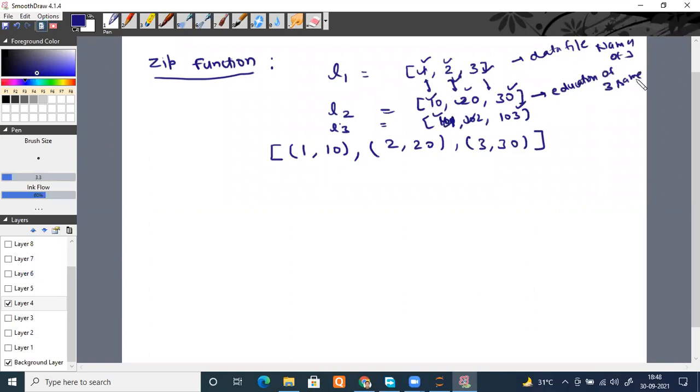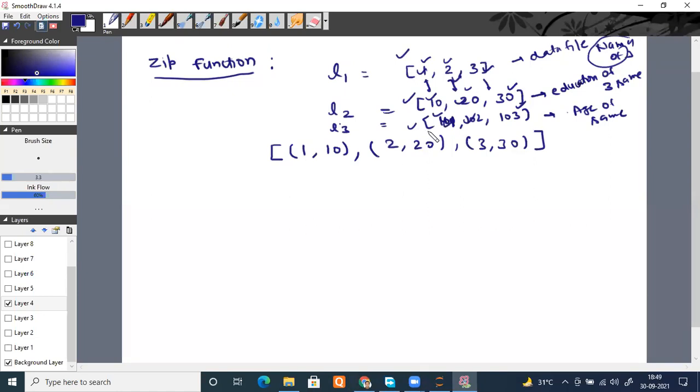And again, another is about their age, again of the same 3 persons. So there are 3 separate things: one data file, a second data file, and a third separate file.